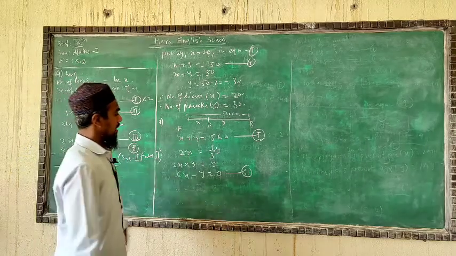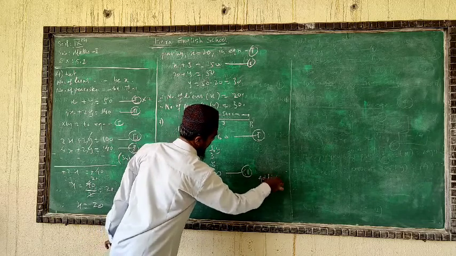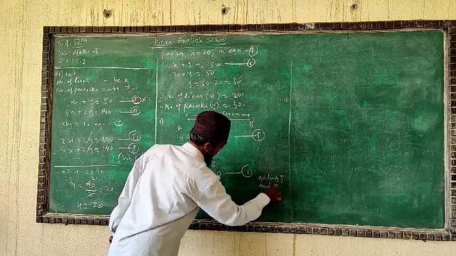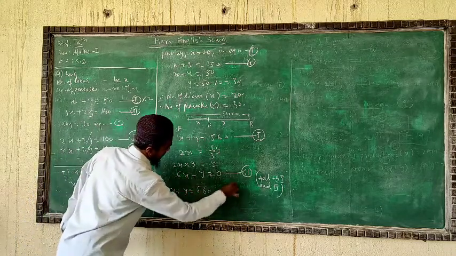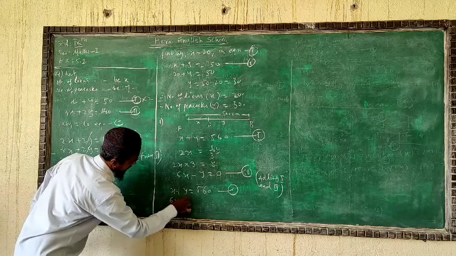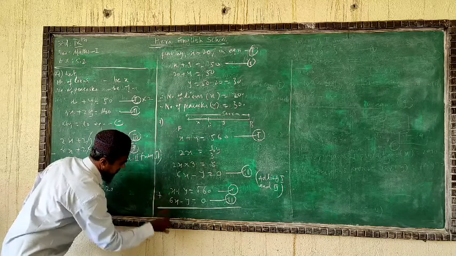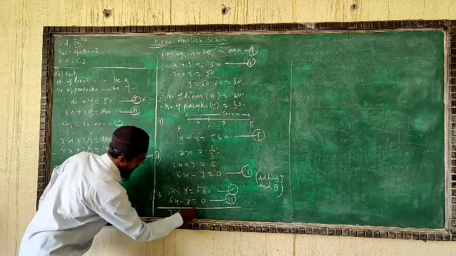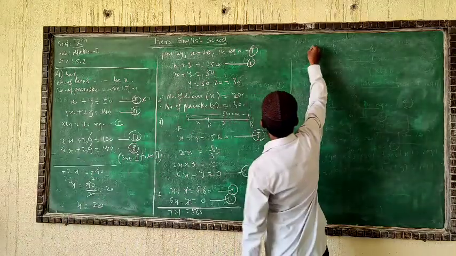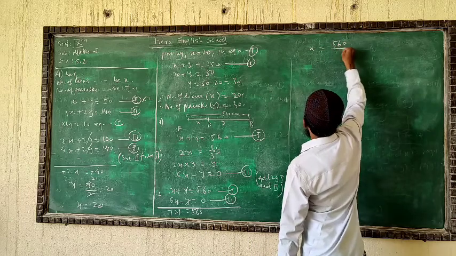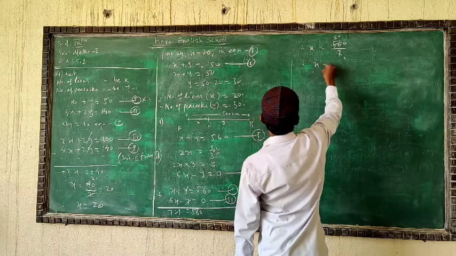Here minus y plus y will be cancelled easily, we will add equations 1 and 2. One is x plus y is equal to 560. This one, 6x minus y is equal to 0. Adding 6x plus 1x you will get 7x, plus minus y cancel. 560 will be as it is on the right side. Now you will get here x is equal to 560 divided by 7. 7 1 7, 8 56. X is equal to 80.